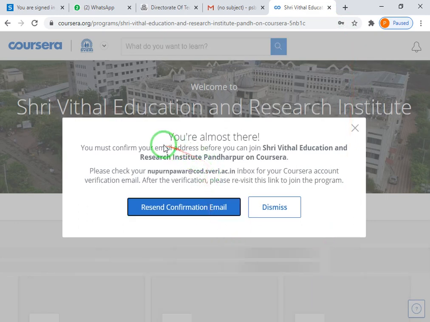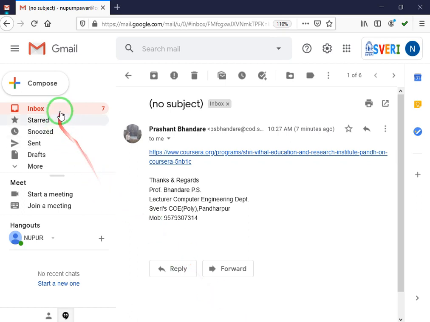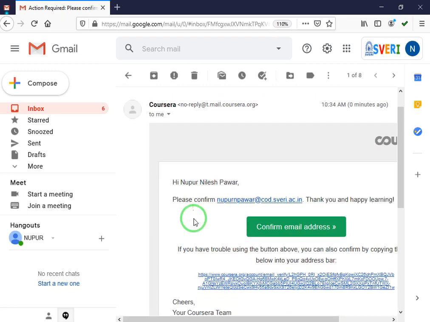Here it will display the message, you must confirm your email address before you can join Sri Vitthal Education and Research Institute Pandharpur on Coursera. So check your official mail ID, a confirmation mail is sent by Coursera to confirm your mail address on Coursera under the institution.